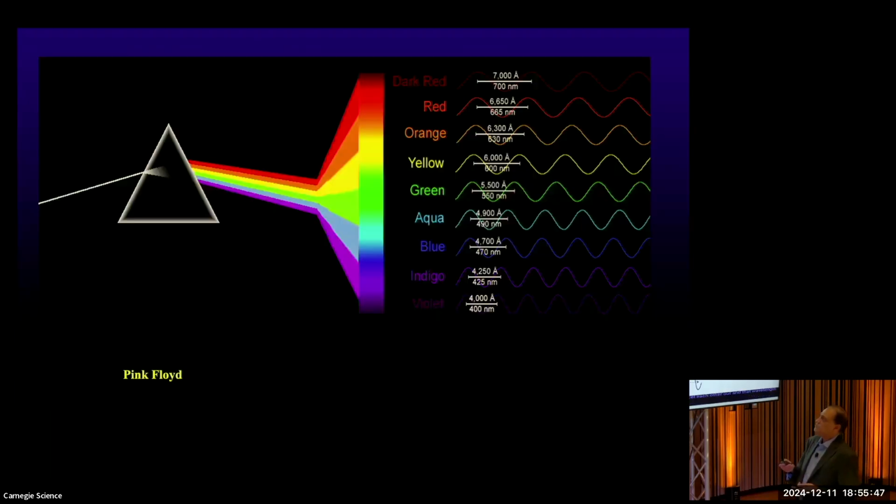So remember again too that white light is really composed of a rainbow of colors. And all of those colors actually have different wavelengths to them. So what that means is that when you hit a thin material like this, certain colors are going to be amplified and other colors are going to be destroyed.